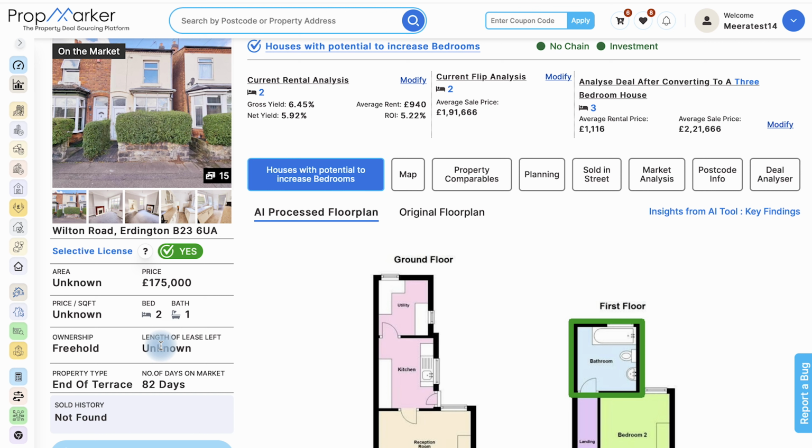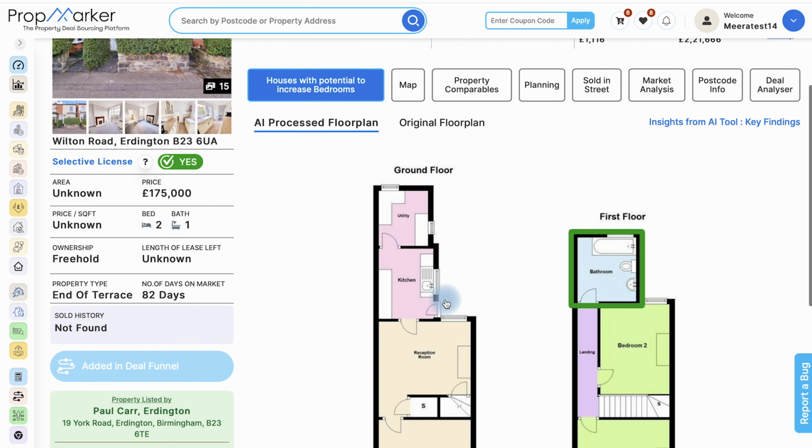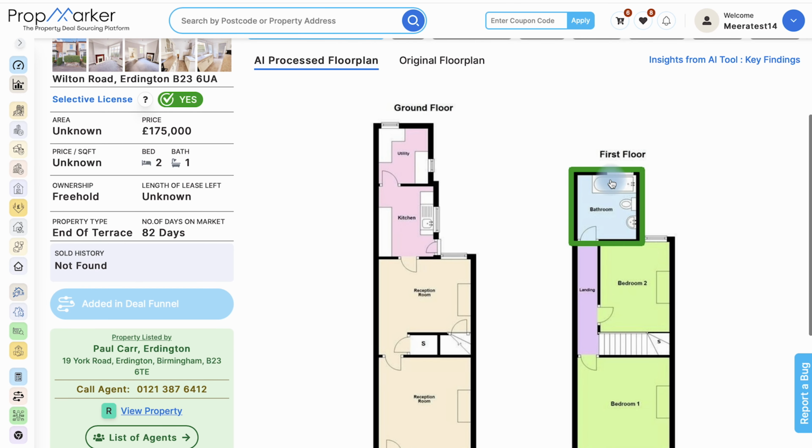Click on the Houses with Potential tab, and you'll find both the AI processed and original plans, showcasing the potential for increasing the number of bedrooms. AI processed floor plans are a valuable tool for buyers, sellers, and real estate professionals. They provide a comprehensive understanding of the layout and features of a property, allowing users to easily view and compare